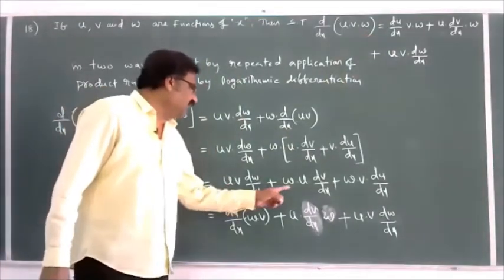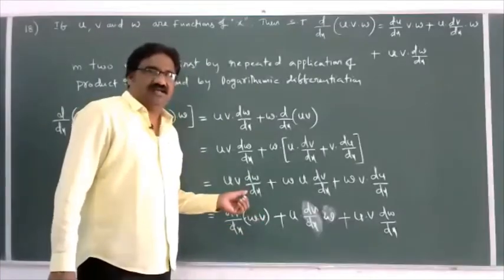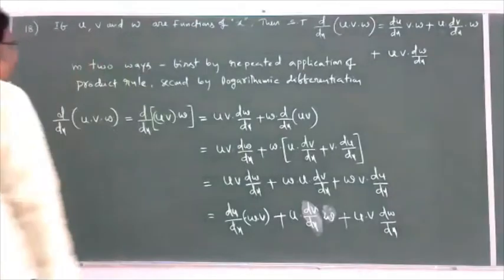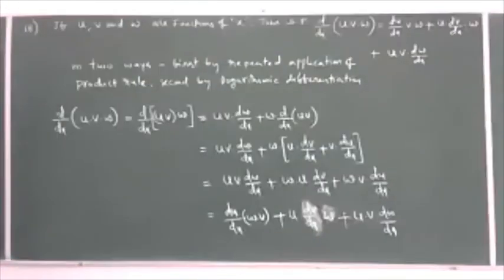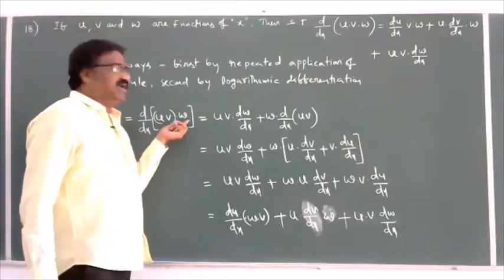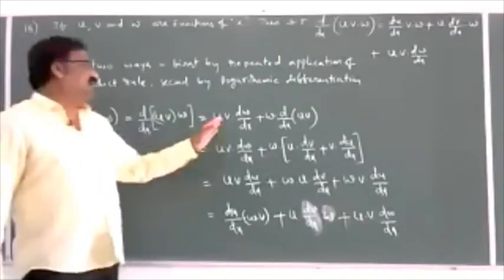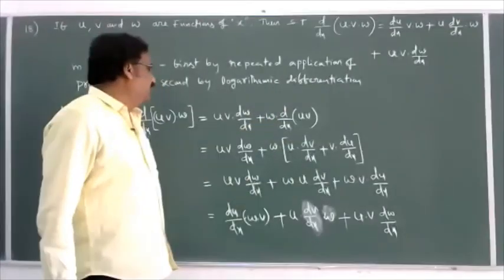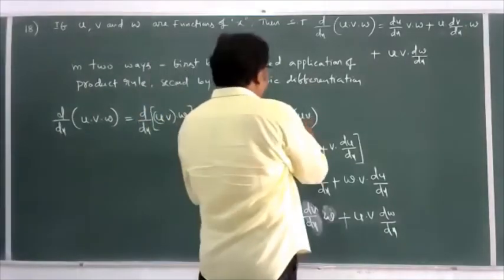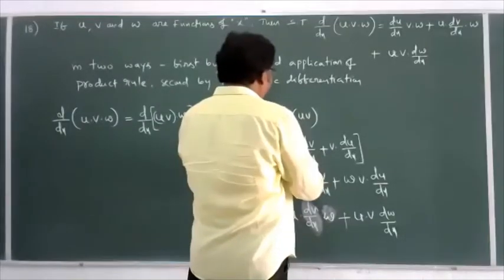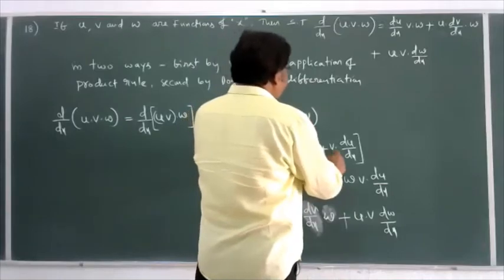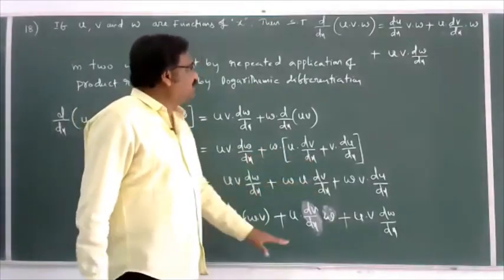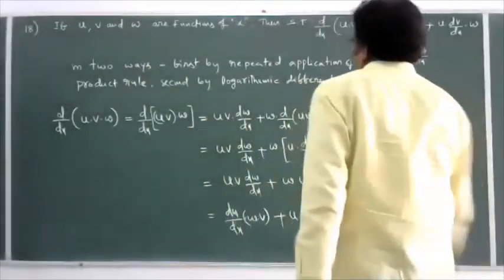Here there is a multiplication for every term. You can write as you like. Yes, this is the product rule. By using the product rule, you consider uv as the first function and w as the second function. We are using the product rule, uv into dw by dx plus w into d by dx of uv. So here also for uv we use the product rule, first function u into dv by dx plus second function v into du by dx, then multiplying the w in the bracket, then adjust as required.